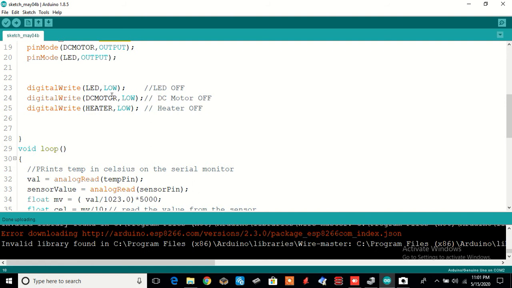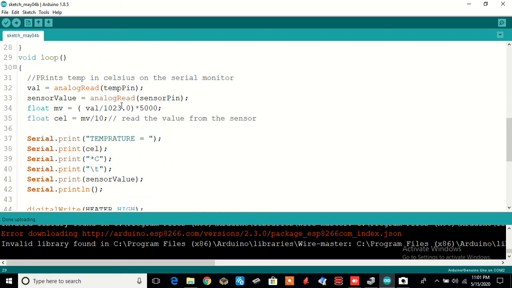For example, if I want to switch it off, DC motor low means it will be written as a 0. Heater off, low is off. So digital write, which pin and what value you want to write, is the command. This is executed once.